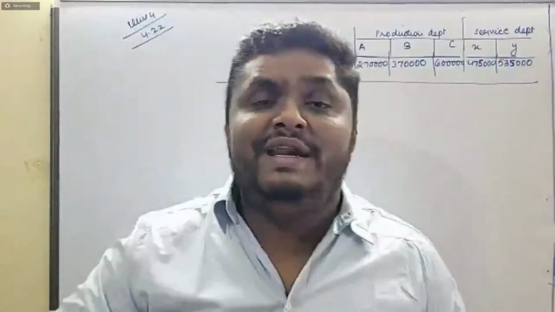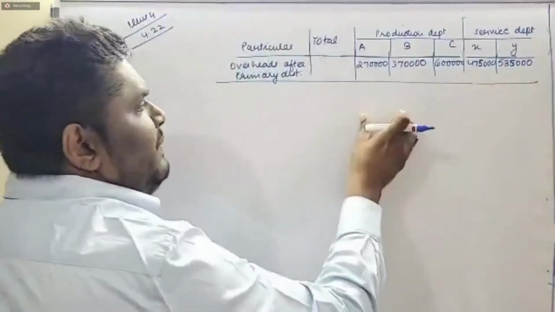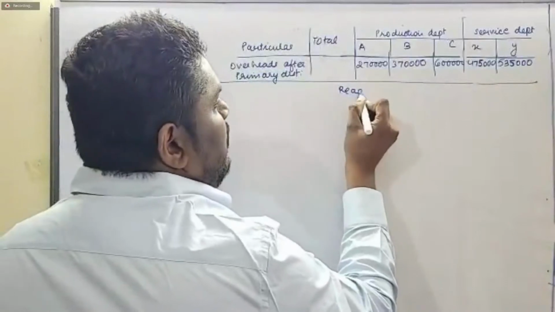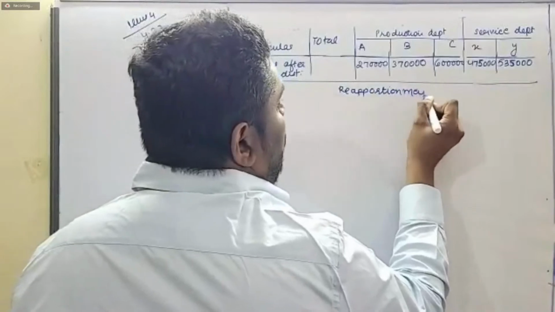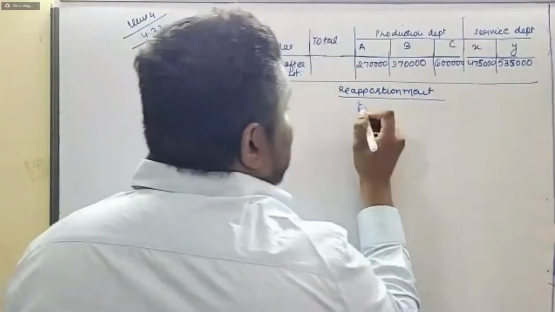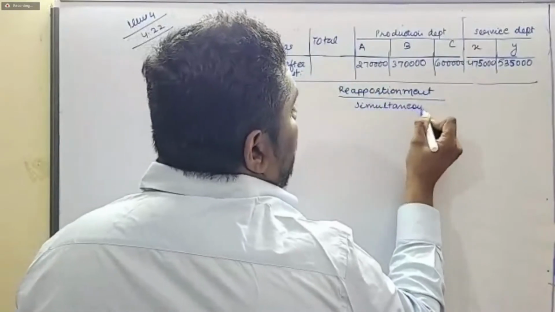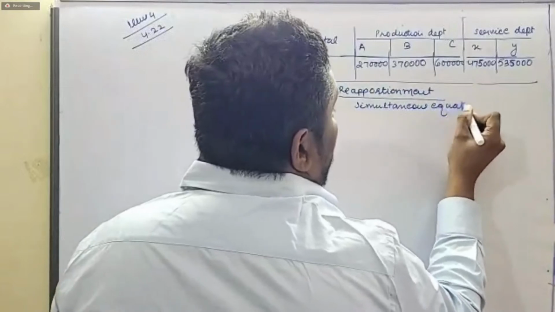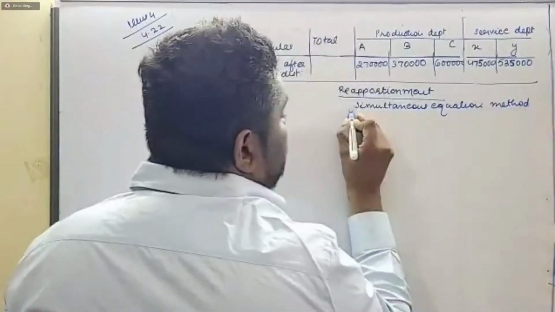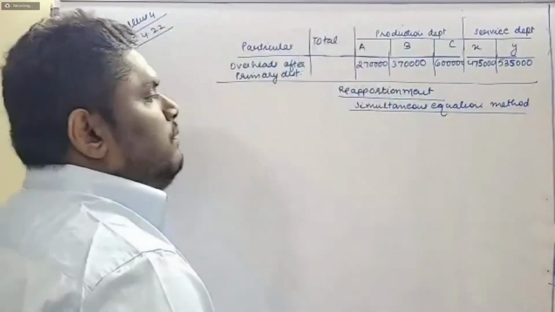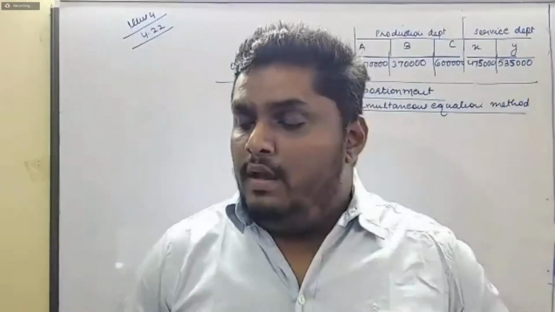Now we'll start with the reapportionment of overhead, that is reapportionment of overheads of service department to the production department. Now we'll start first with simultaneous equation method. We'll start first with simultaneous equation method. Now,